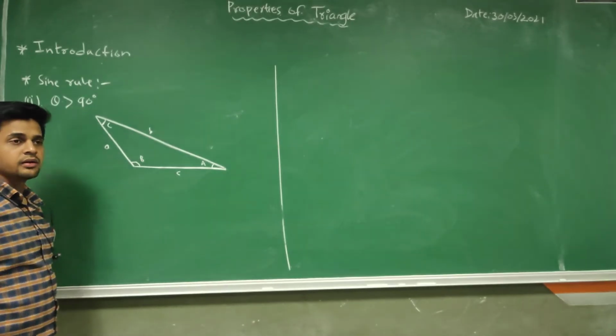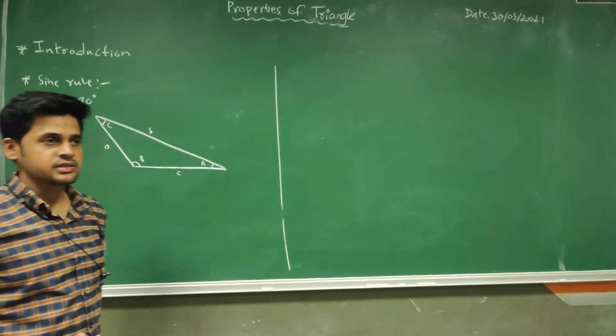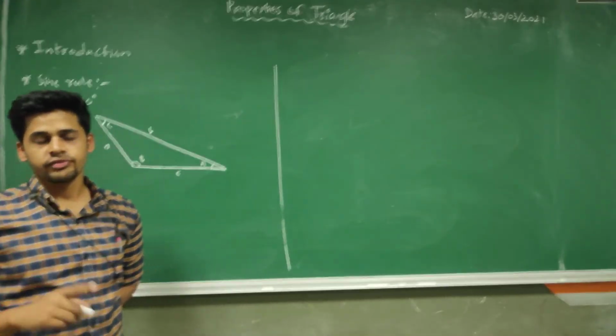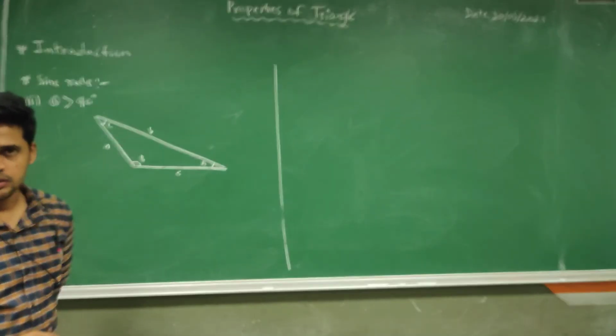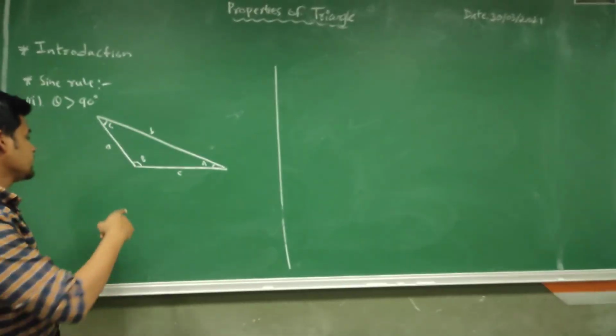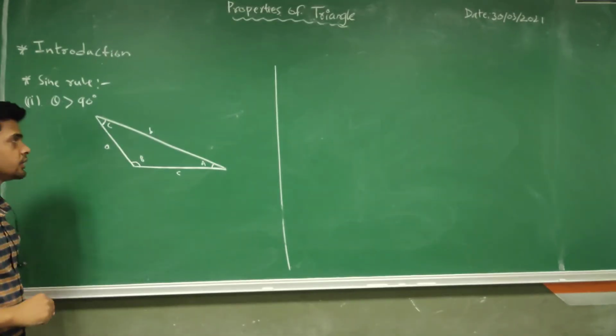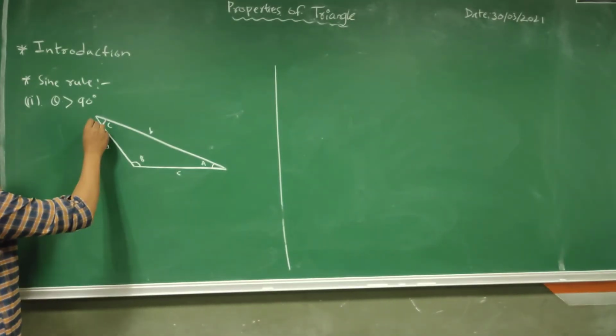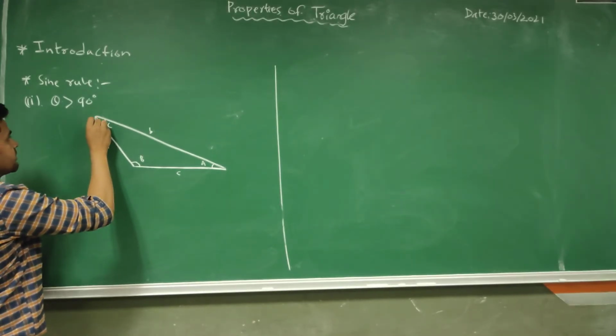Again, if we want to apply the sine ratio, we should have a right angle triangle. So we should make a right angle triangle in the obtuse triangle. So how can I make it? Just see here. If I am drawing a line from here,